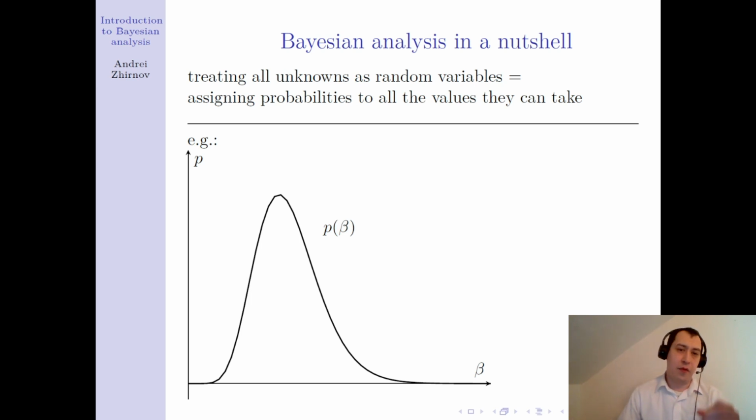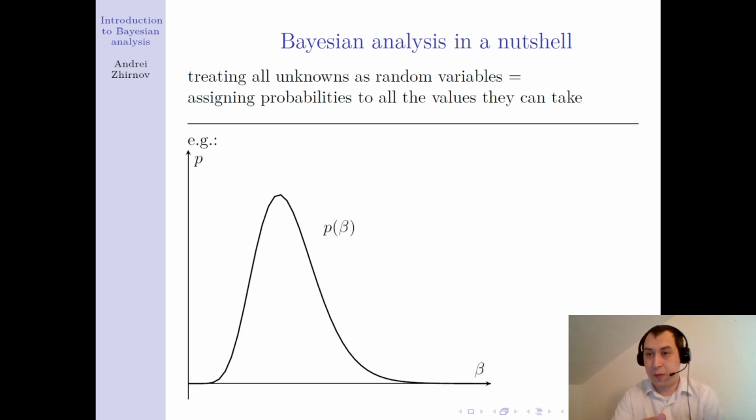In any case, by assigning probabilities to the possible values of our quantities, we are putting on the paper our beliefs about the most likely values of those quantities, and we are also putting on the paper the amount of uncertainty that we have about those values. Once we put those beliefs on the paper,